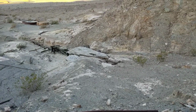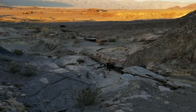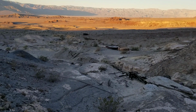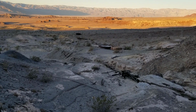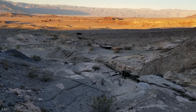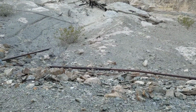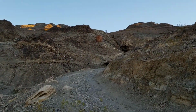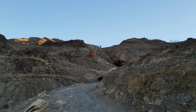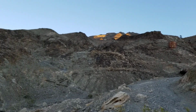There are a couple washes here, and one thing to notice is all the debris from the mining operation that's scattered all the way down the wash, and some of those tanks there very likely held cyanide. But anyway, lots of debris. And then you see a pipe here. There is a water pipe that goes all the way up to the top of the Funeral Range above the tramway, and that water pipe supplied,